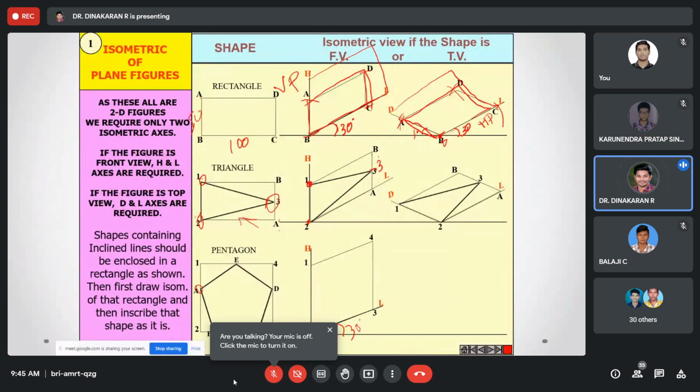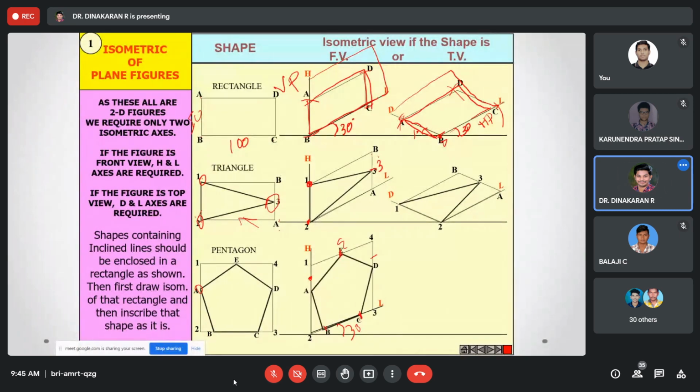You see, in between the 1 and 2, which point is there? 1 and 2, the A point is there. So 1 and 2, what are the dimensions? We will mark the A, and 2 to 3 only the B and C points are there, and the D point is there. 4 to 3 only the D point, and in between the 1 to 4 only the E point is there. You see. Okay. Same way for top view. First we need to make a box. Then after that we need to mark 1 to 2 A is there, and B to 3 only B and C points are there. In between the D point is there, and the E point is the 1 to 4. After that, marking the points, we connect them together.